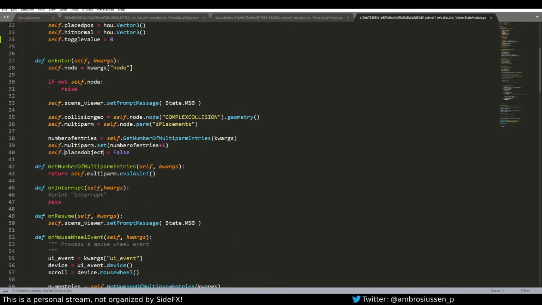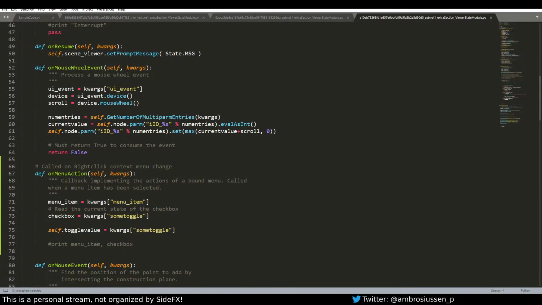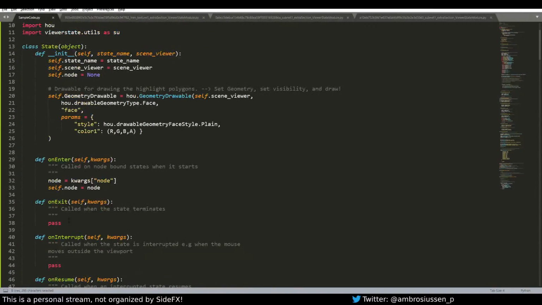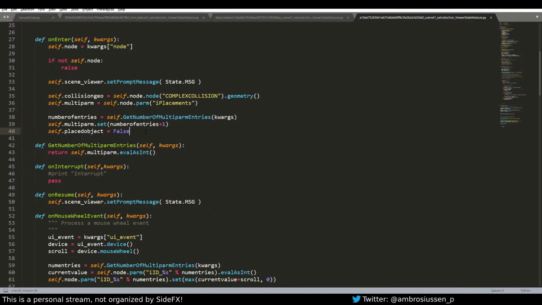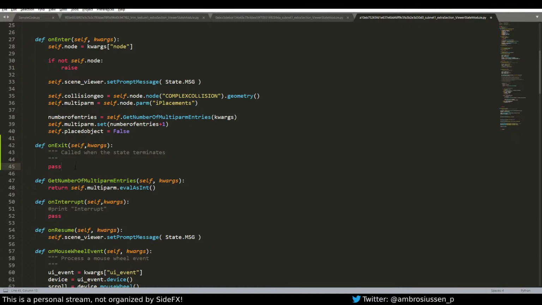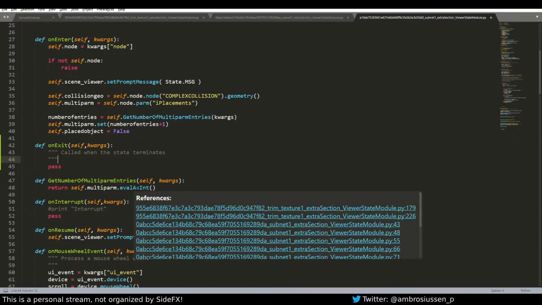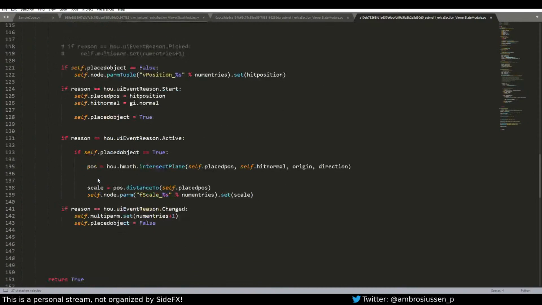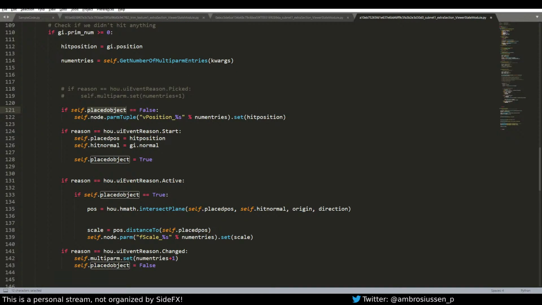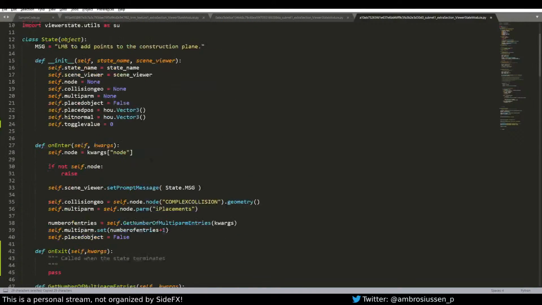So in our on exit, let's copy that guy from here, which is the function that gets called as soon as we exit our state. We want to be removing the last entry of the multiparm if we haven't placed an object yet. So first, let's check if we placed an object. So if our placed object equals false,